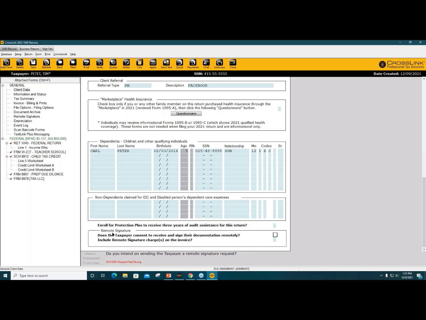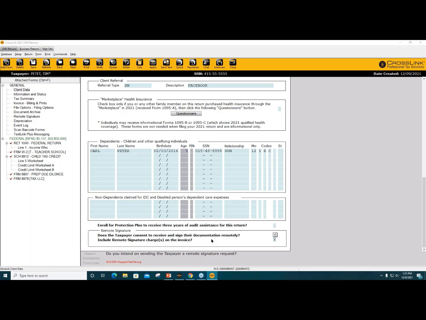Now, these are some questions here that we have. Do I want to purchase Protection Plus? Does my taxpayer give consent to receive and sign their documentation remotely? If we don't know, you can actually opt in to our remote signature service program, and that's sending a text message or an email to your taxpayers, and they can sign and review their documents. So I can mark a Y, which means yes, that they do want to sign their tax documents remotely,